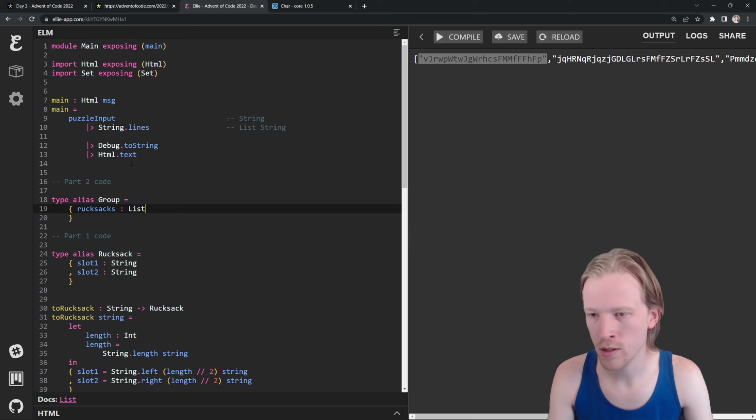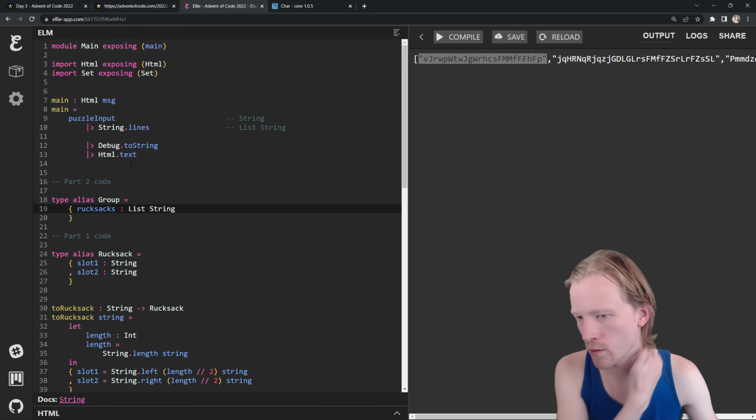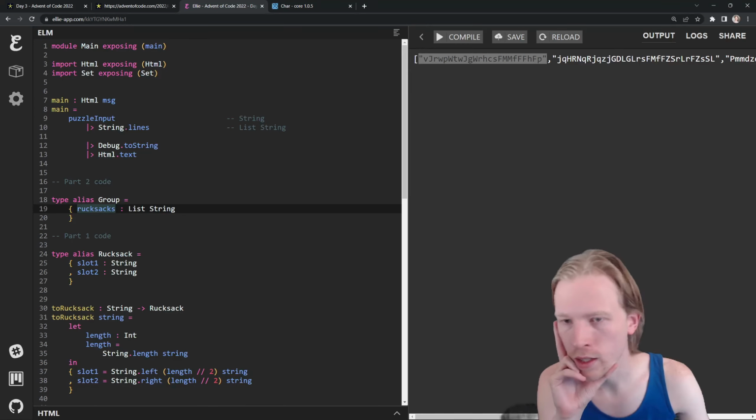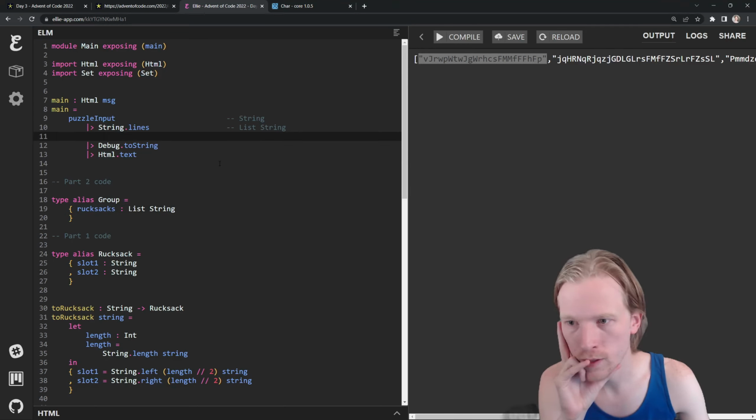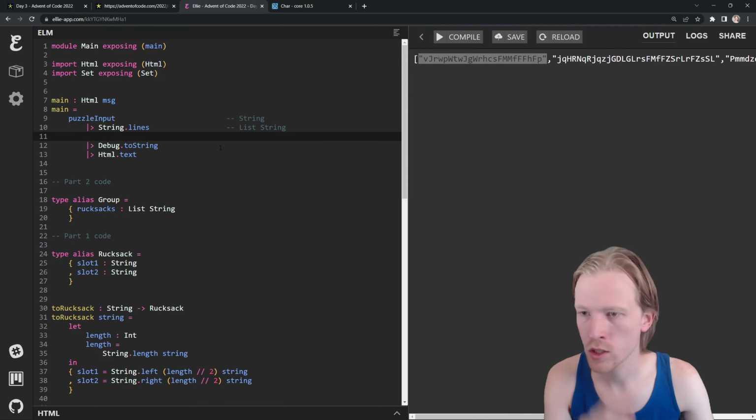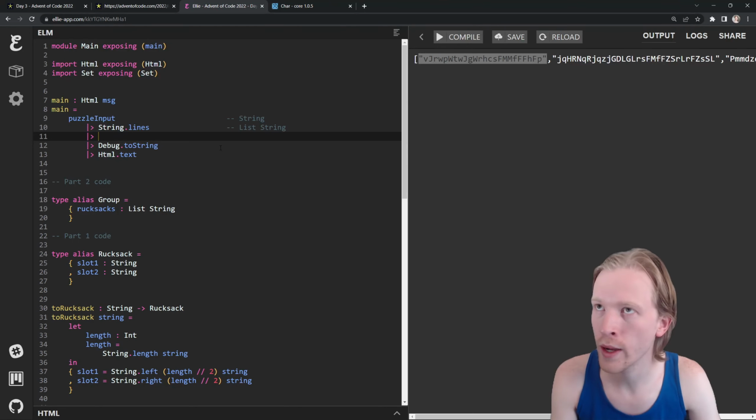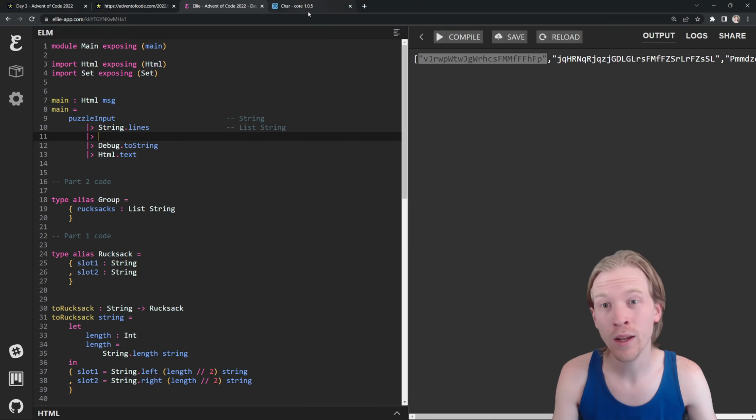rucksacks, which I guess you can think of as a list of strings. We don't have to convert them to this if we don't want to. So what I think I want to do is end up with a list of groups. So let's make something that does that. So what in Elm is a good way to take a list, split it into 3, or group 3 items together? I think what I want to do for this is reach for this list